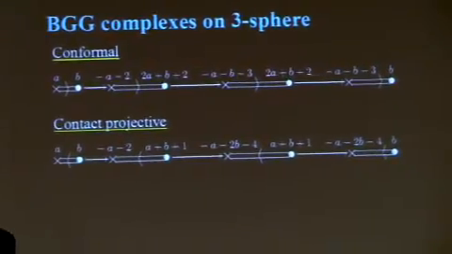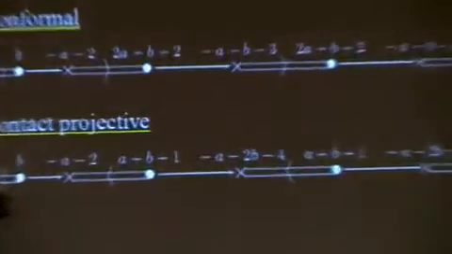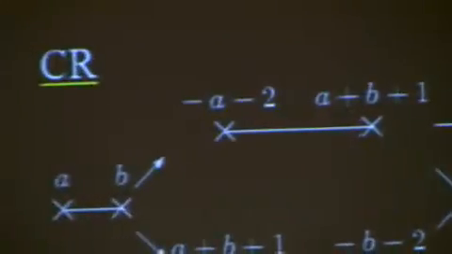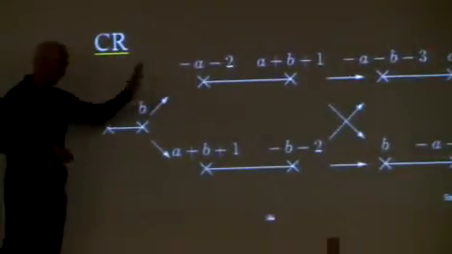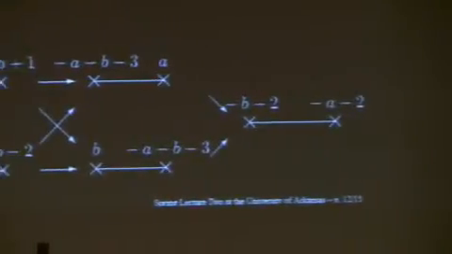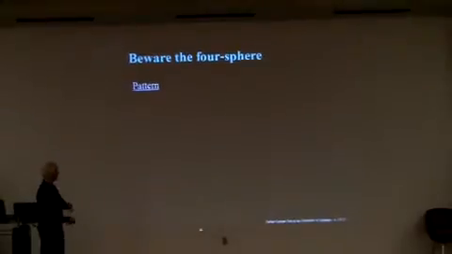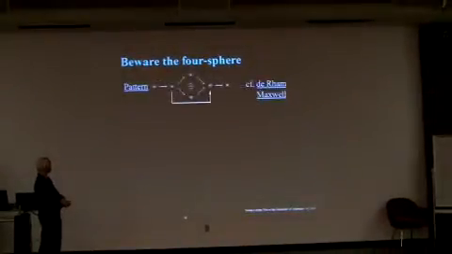So there's a homogeneous space under SP4 as well. So this is a corresponding thing you get there, and it's a homogeneous space under SU21. So there are these various complexes which arise just on the 3-sphere, but I think of it as symmetric under different groups. Okay, but the punchline is you should beware the 4-sphere, because on the 4-sphere,